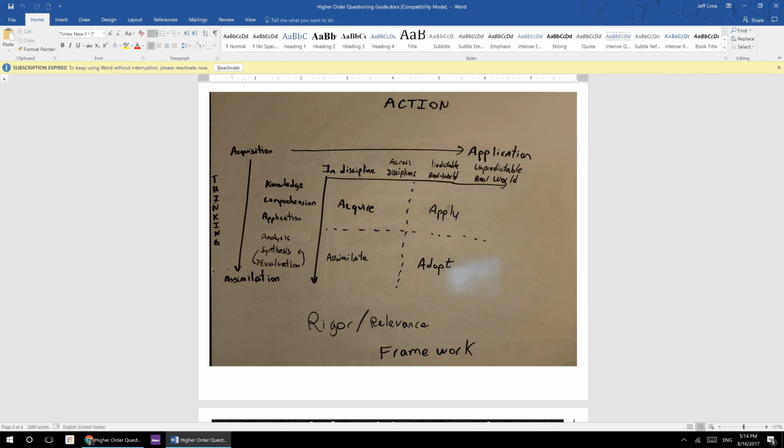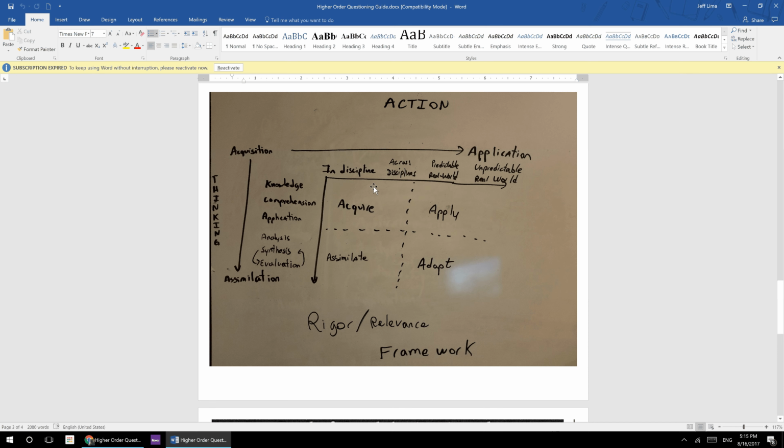And actually, I came close there to the next step, which would be using this in a predictable real-world scenario, something that someone would know or have seen and has an idea of what would be necessary and how it would operate. Finally, the deepest application level that you can possibly get to is when you're trying to do so in an unpredictable real-world situation, something that you have never seen before. If you're doing things at the knowledge and comprehension level and staying only in a discipline or maybe just slightly across disciplines, all you're really working on is this acquire quadrant.